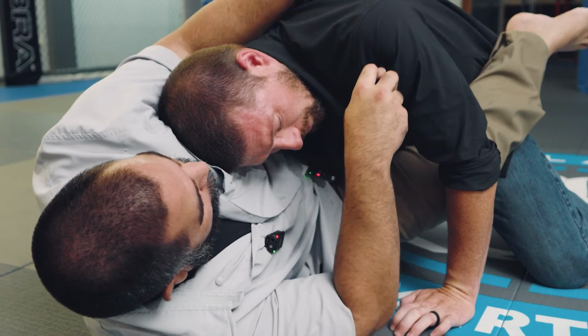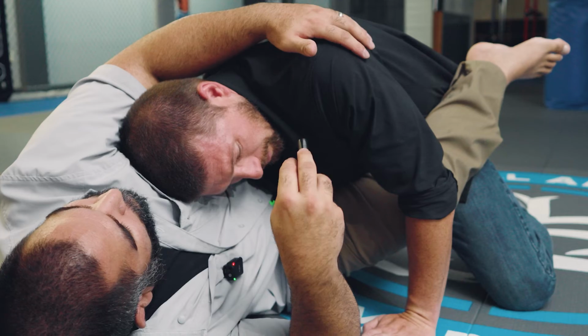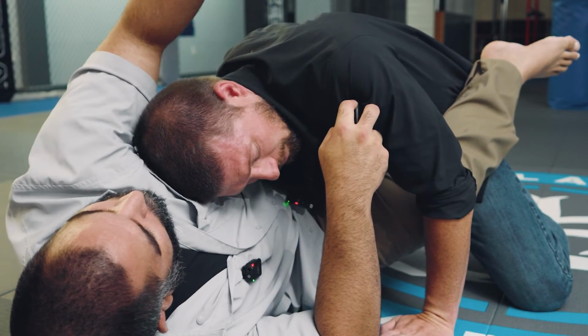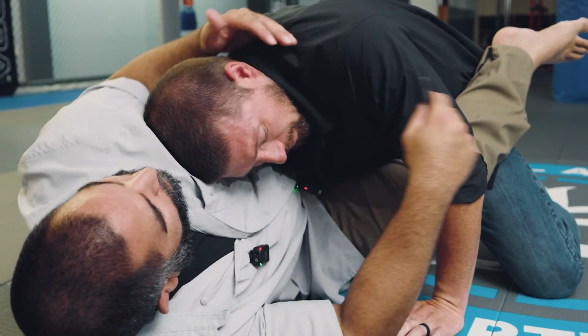I'm not driving towards things that I know are going to be difficult to do, or that I'm going to need a lot of strength to do, or where I lost leverage. I'm on the bottom right now, and so it's very difficult for me to do this. Now, if we switched,